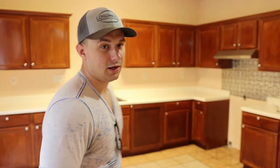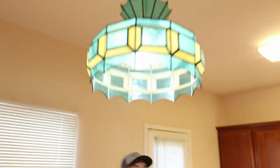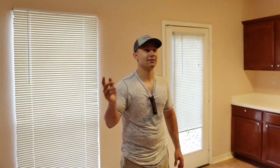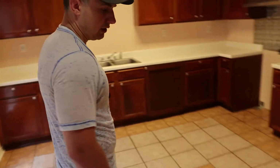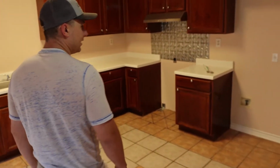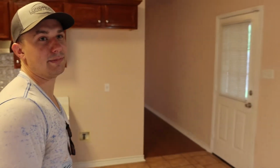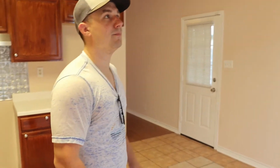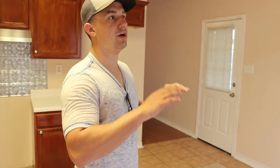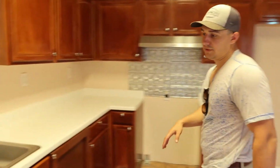Here in the kitchen, you know, they've got this cool little light fixture. I think Doreen plans on replacing light fixtures in here. Tile here in the kitchen. Again, doesn't look bad. They have this kind of like salmon color paint throughout the house, and that's not horrible, but we're gonna paint the interior gray with white trim. We are going to leave the countertops,